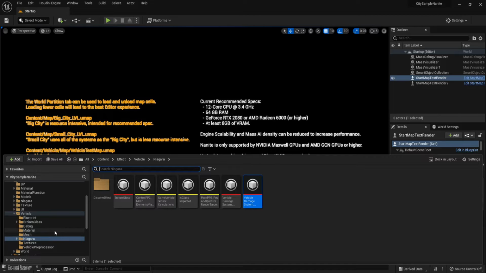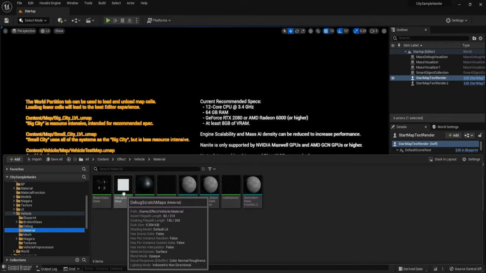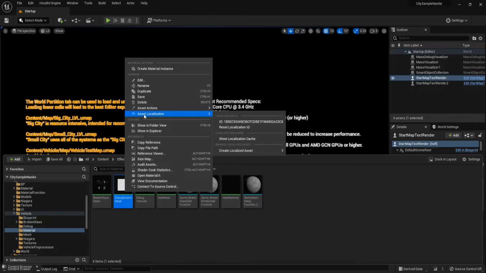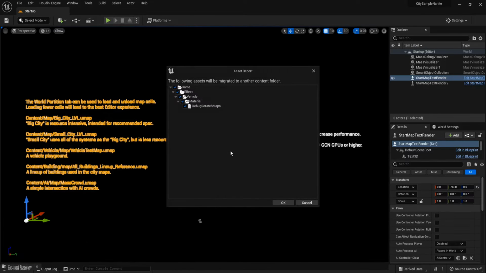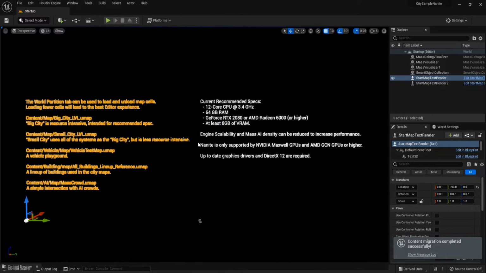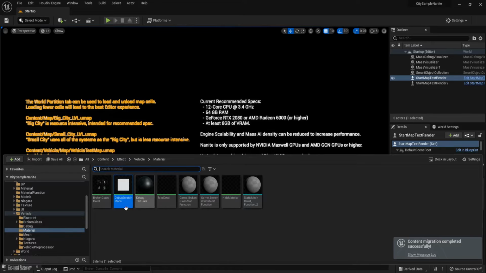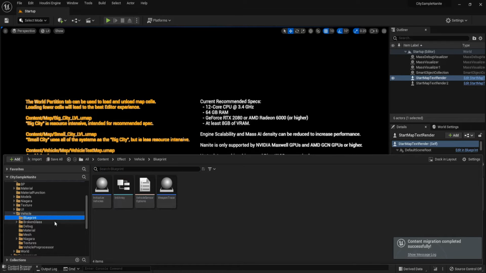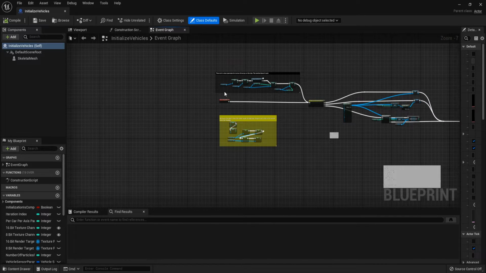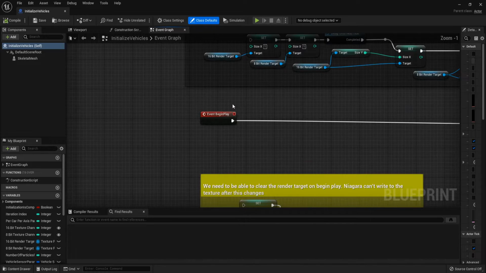And go to Material and Debug Scratch Maps. Migrate this. Click OK. And select Folder. And in the blueprint, we migrate the initialize vehicle. You can open this blueprint first. This initialize vehicle,